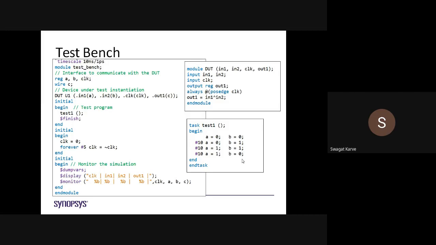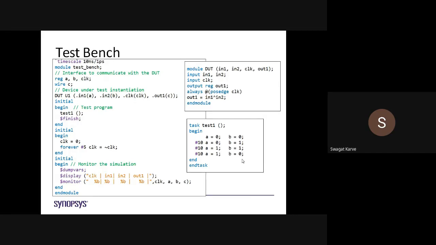Okay, then you can find the next is the initial statement. Initial is the block statement that we normally use for writing a Verilog test bench. Then begin, then test, and $finish.